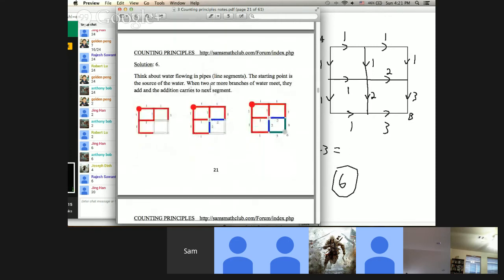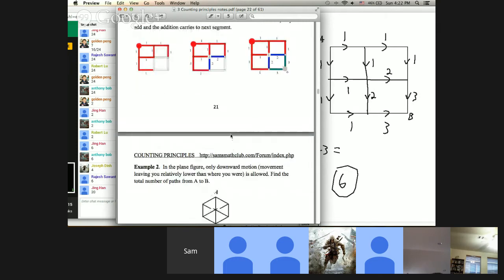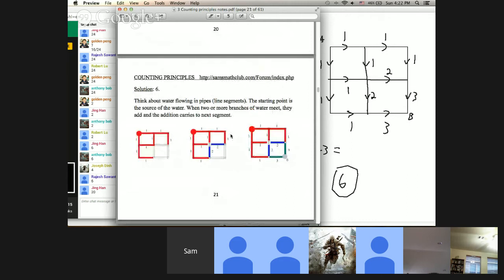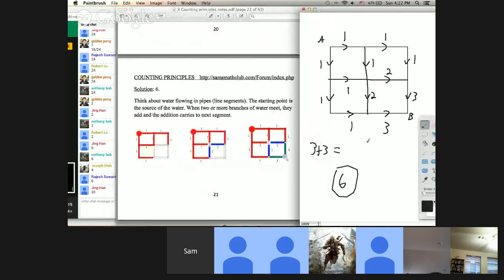So the answer is think about water flowing in pipes, and the starting point is the source of the water. When 2 or more branches of water meet, they add, and the addition carries on to the next segment. So right here, 1 continues since it's not meeting. At this point, it meets, it becomes 2, and then 2's continue. 1 is right here, 1 and 2 meet, they become 3, and then 3 meets, and then becomes that. Okay, so